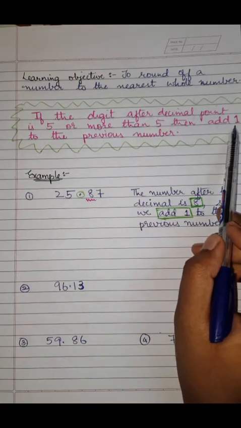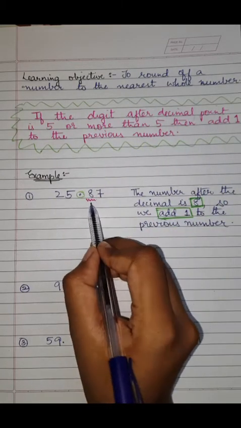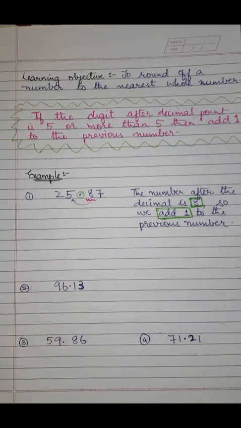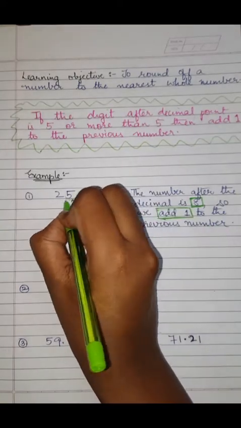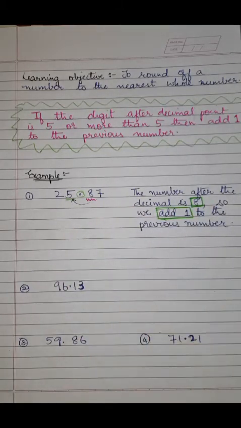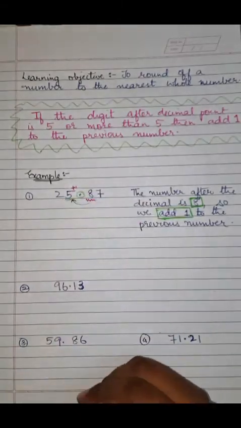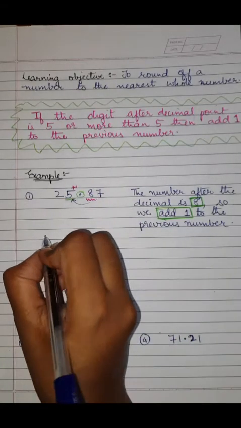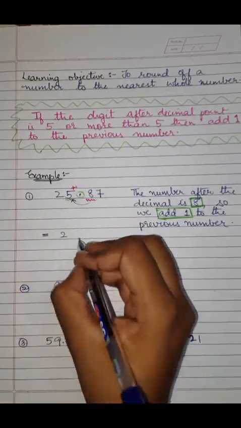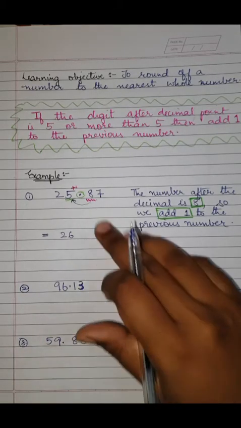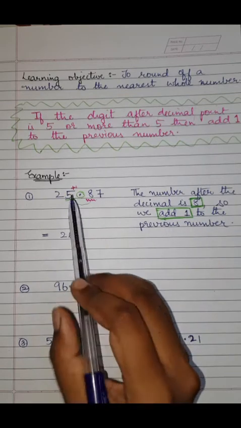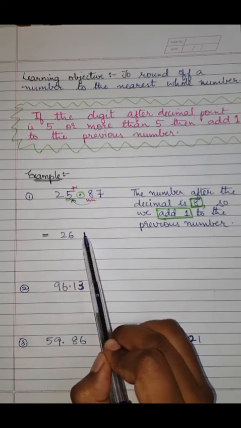So what did the rule say? Add 1 to the previous number. Now if this is my 8, what is my previous number? Previous means you have to go before. So the previous number comes out to be 5. Yes. So what you do is you add 1, so plus 1 to your 5. So your new number which you have rounded it off to, 2 remains the same, 5 you have added 1, so that is 6. And you'll forget the part after the decimal. You will only write the part before the decimal in a new manner. So you have 25.87 gets rounded off to 26.